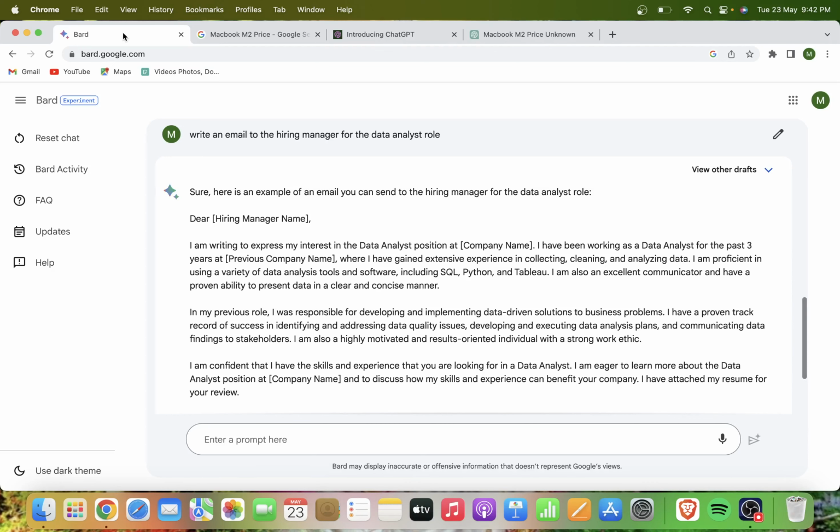When I talk about the last point, that is use case, ChatGPT is well suited for tasks that require generating text, translating language, and writing different kinds of creative content. And Bard is well suited for tasks that require accessing and processing information from the real world, such as research, education and business. So how did you find Bard and ChatGPT?